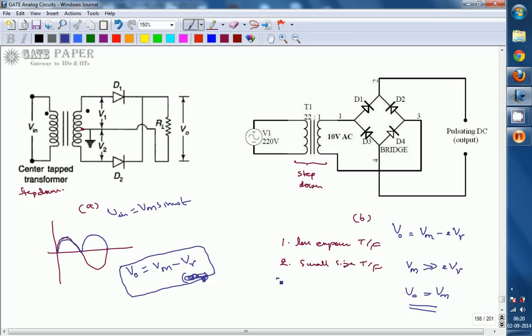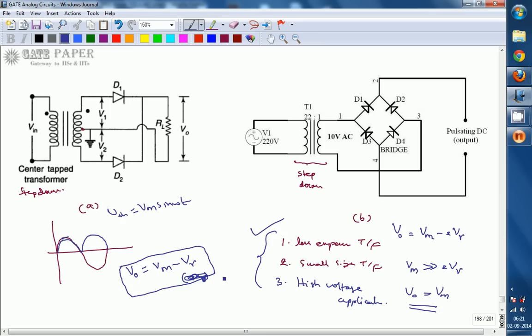That is, the bridge rectifier is mainly suitable for high voltage applications compared to the full wave rectifier with center tap transformer, that is with 2 diodes, which can suit somewhat lower voltage applications, because you are subtracting only 1 V gamma. In this case you are subtracting 2 V gamma. So all three are going to be